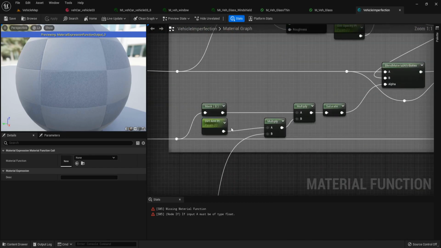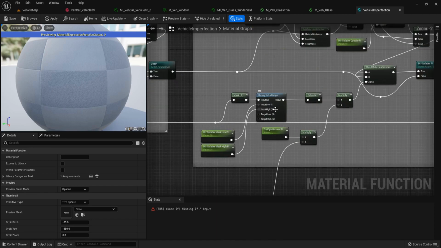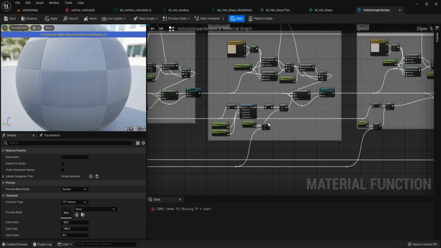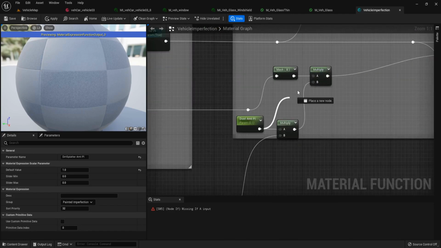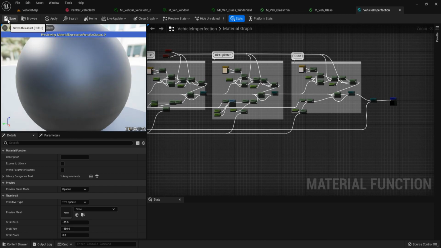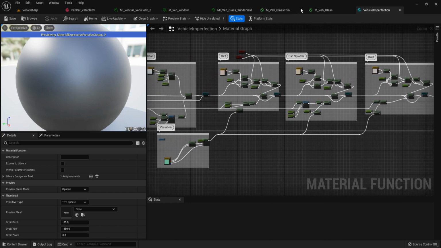We can disconnect this and connect directly to the multiply without multiplying this variation. Disconnect it to the multiply and cancel. Now we don't have any error.